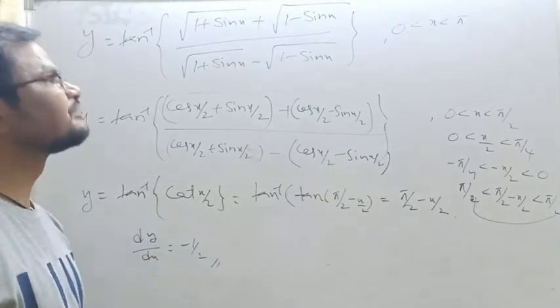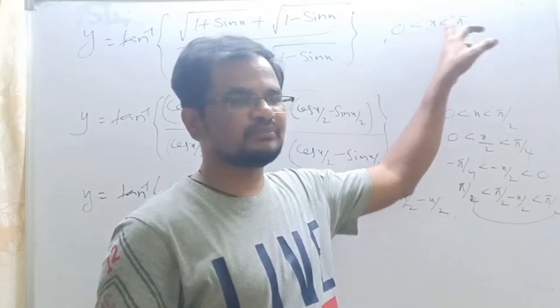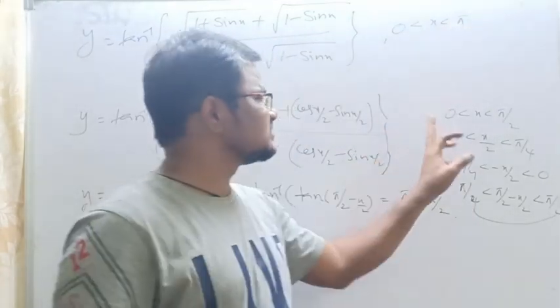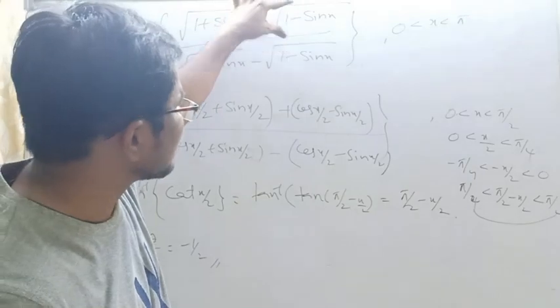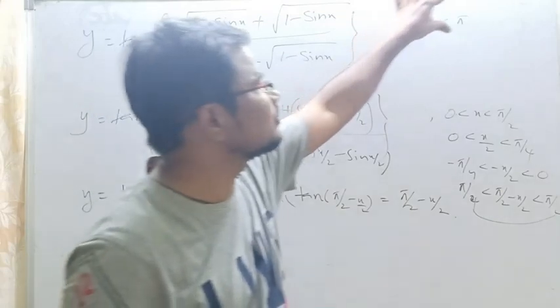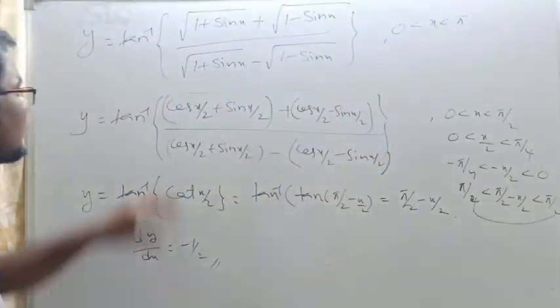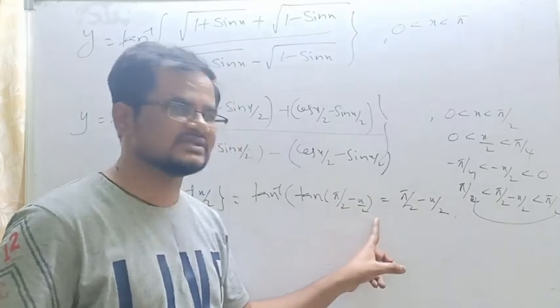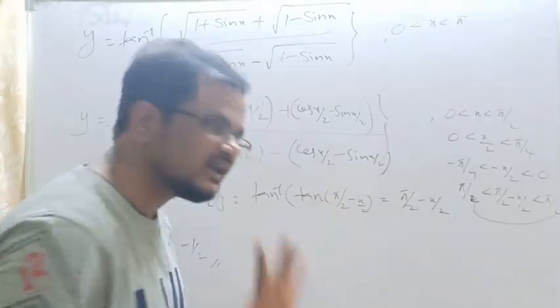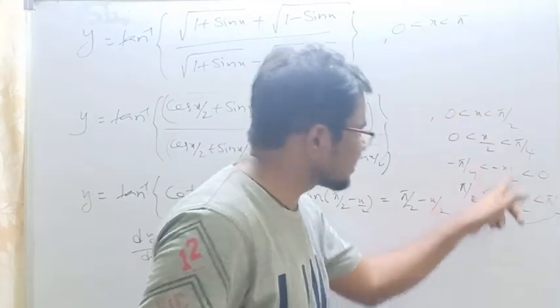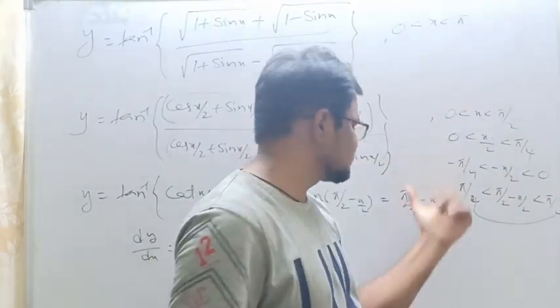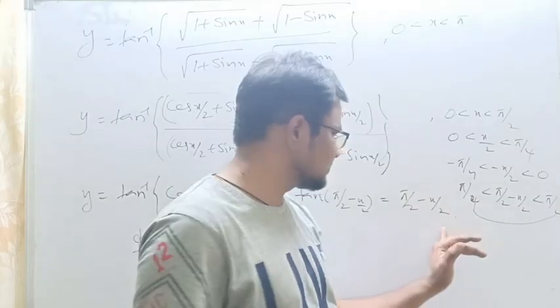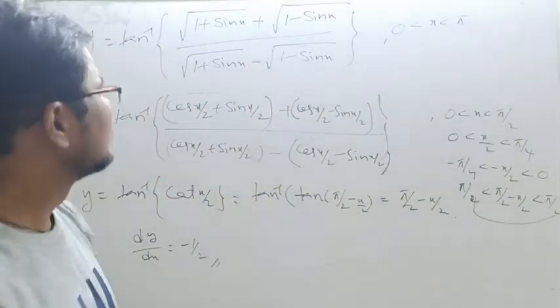Listen here. What they given is the interval 0 to pi. But for 0 to pi by 2, this is positive, and for pi by 2 to pi, this is negative. But this is positive only for 0 to pi, so that's why this can be written as this one, and here also same. So simplified: cot x by 2. Tan inverse of tan of pi by 2 minus x by 2, but we can't take it directly. So here observe, this belongs to the range of tan inverse x. That's why pi by 2 minus x by 2 taken. So that's why the differentiation of this one is minus 1 by 2 you got. Next step.